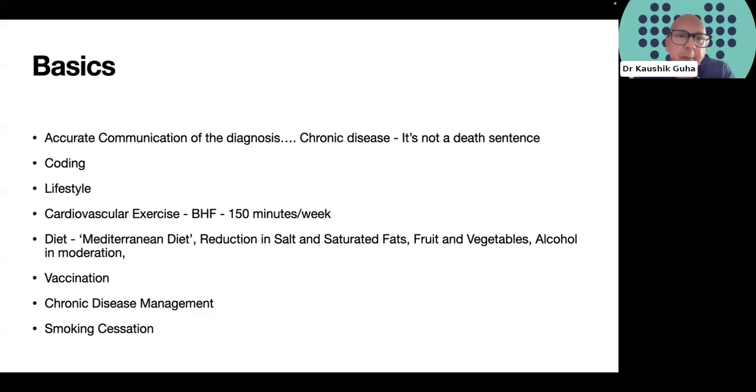In terms of the basics of treating the condition, it calls for a salient, dedicated communication of a diagnosis. I appreciate primary care colleagues are constantly asked by the government and NHS England to perform consultations within 8 minutes. Clearly, there will need to be a nuanced discussion of both the diagnosis, treatment plan, and potential benefits of treatment. We've touched on the importance of coding, and like every other cardiovascular disease, treatment starts with the patient's lifestyle.